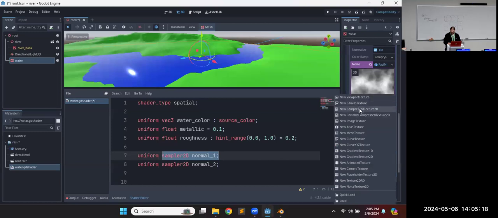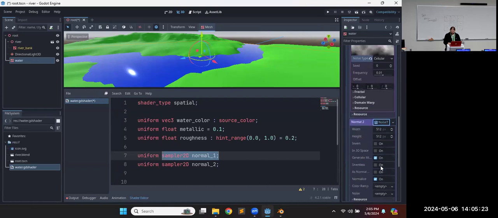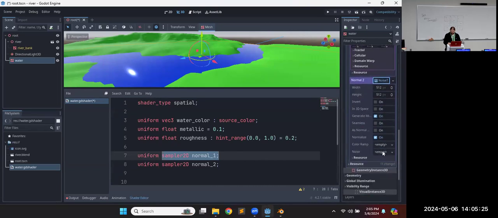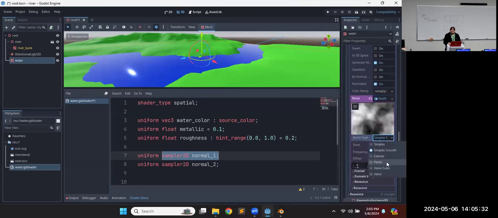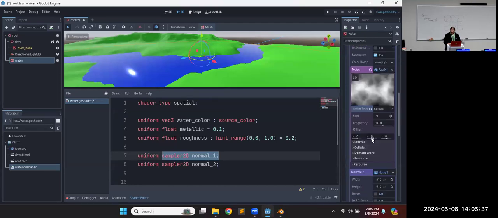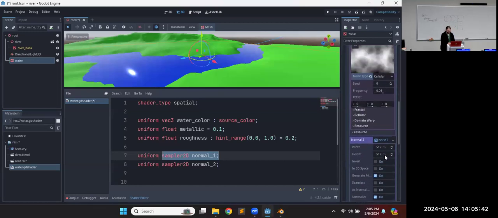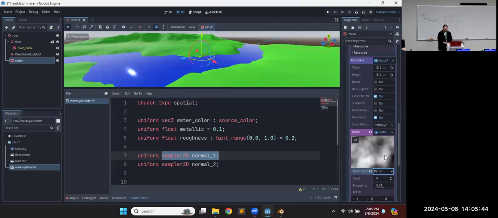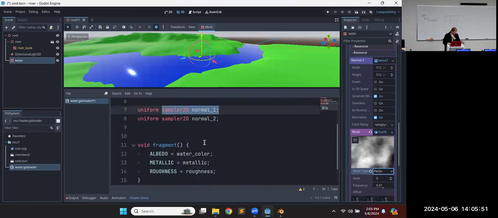Our second normal map will have a new noise texture TD. Expand that, and under the noise section, create a new fast noise. And try burning on that. I'll try mixing those 2 noises together. That might make some nice looking reflections. But that idea, it's something to play around with. We have these different textures we can use. Now that we have those,